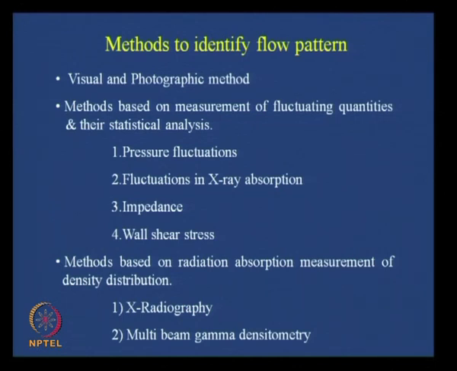In the next class, we will be discussing ways to identify flow patterns. Now, remember one thing, what is flow pattern? It is simply the variation of voids, how they are distributed. Instead of the average value, we need to record the variation. The variation can be across a cross section, the variation can be at a point, anything. More or less the techniques which are applicable for void fraction will be applicable in that case also. Visual is definitely one, but it is not a very good technique. Then naturally gamma radiation absorption can be one, impedance can be one. So, definitely we are not going to repeat these techniques.